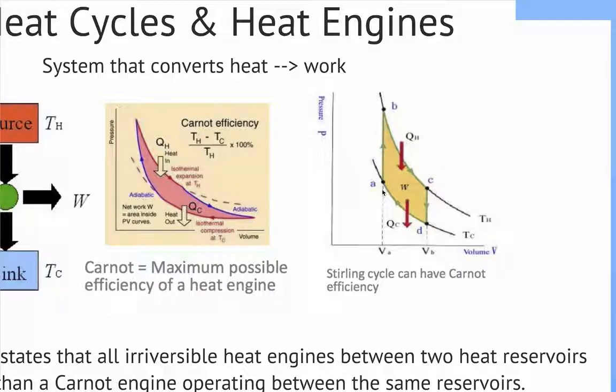Let's say we start at the point A, this is low volume, moderate pressure, and then at a fixed volume, you increase the pressure to B, so that's this straight line, and then you allow for expansion at a constant temperature. So this is an isothermal expansion, where the pressure drops, volume increases, and then there is a drop in temperature from the hot to the cold, with a consequent drop in pressure, but at the same volume,